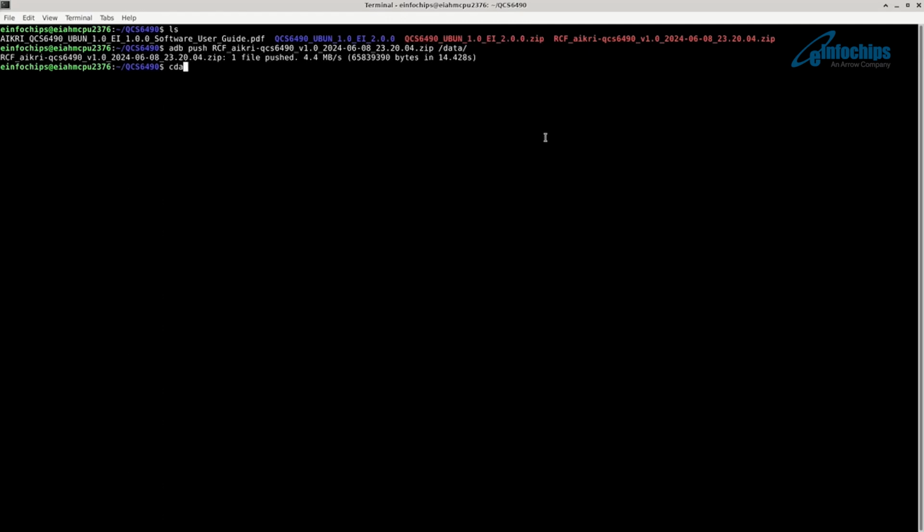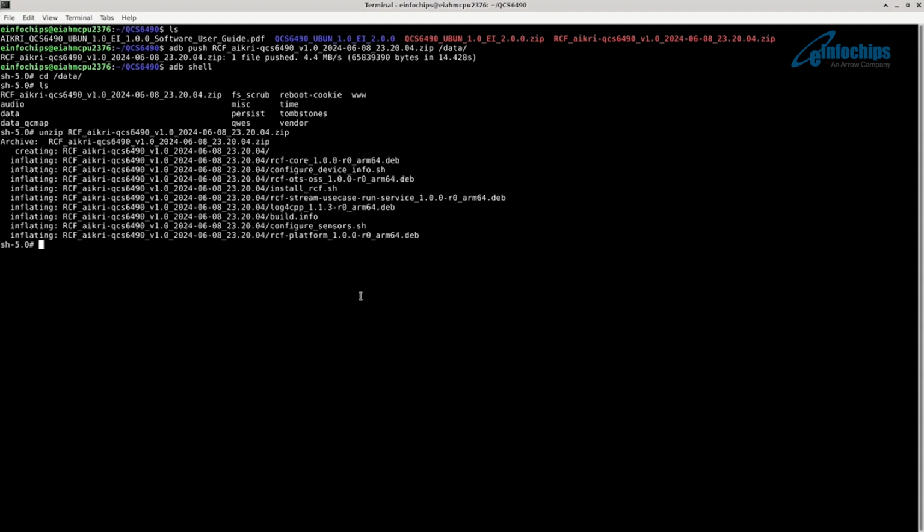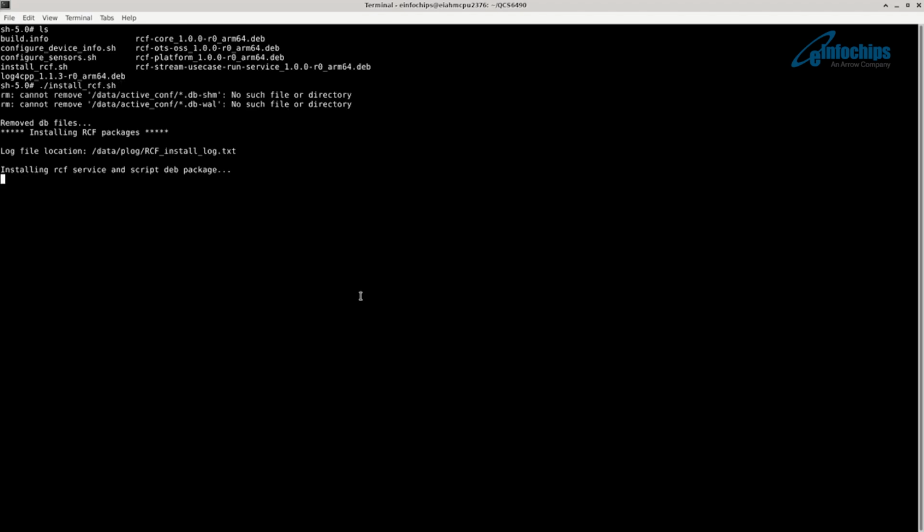Now we will open the ADB shell again. And then we will navigate to the data directory. Over here, we see our newly copied zip file. We would unzip this zip file. We would cd into the unzipped directory. We would see it has basically the complete package and all the files necessary. All that needs to be done now is run the install rcf.sh script, which we will go ahead and do